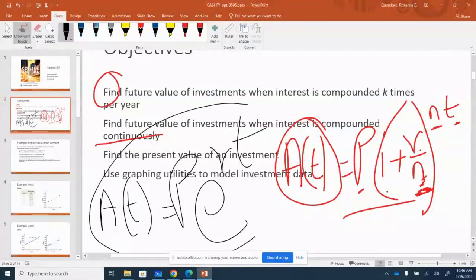Whenever the question is compounded continuously, it is this formula. When the question is compounded quarterly, it is the other formula. So the most important thing is, do you know the formula to use? If you're given a question that is for continuous compounding,